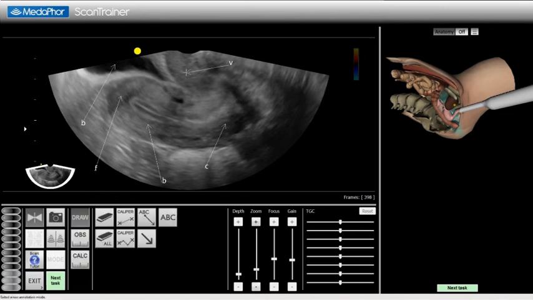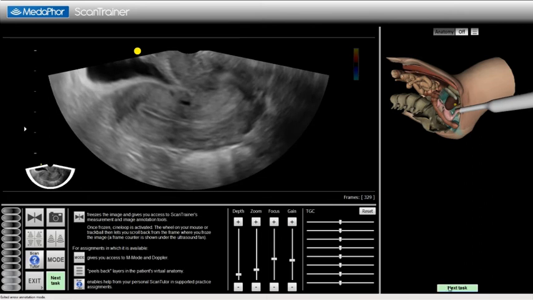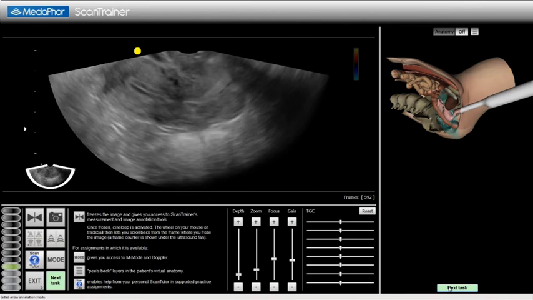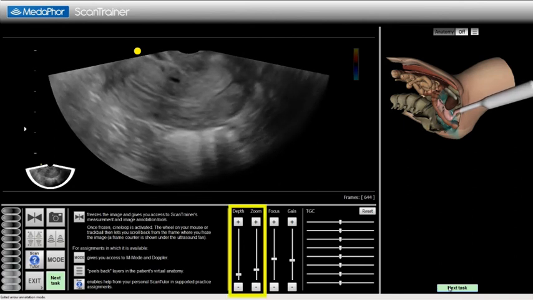I unfreeze the ultrasound image. Locate and label the pouch of Douglas. Remaining in the sagittal plane, I locate the pouch of Douglas. If necessary, I will adjust the depth of field and then the zoom to ensure that the pouch of Douglas